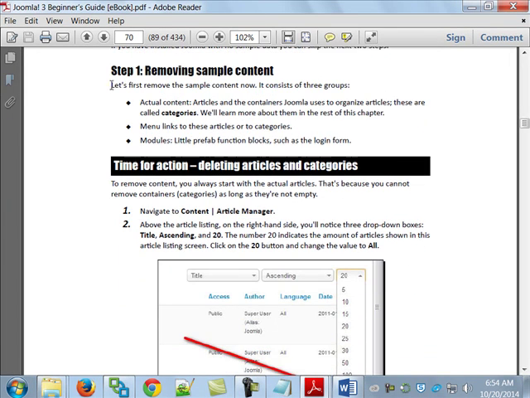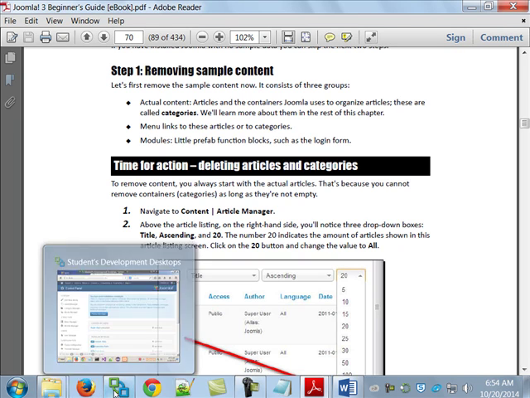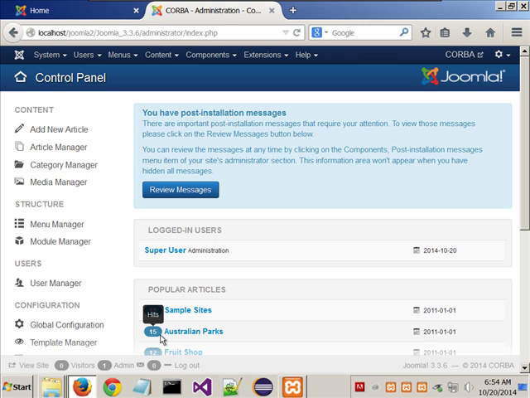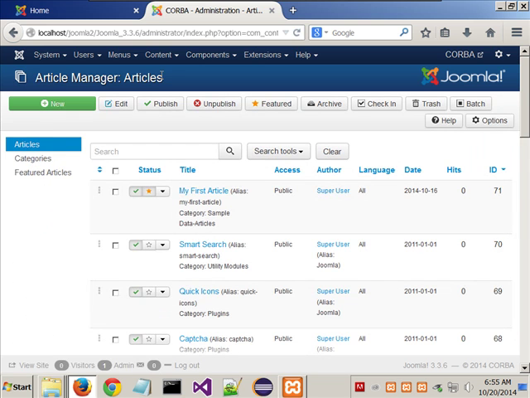It says, let's first remove the sample content, which consists of the actual content, the menu links, and the modules. So again, I'm going to now bounce back into Joomla and follow the steps that are shown on pages 70, 71, and 72. First thing we're supposed to do is go over to Content, Article Manager. And what we're told to do is above the article listing on the right-hand side, you will notice